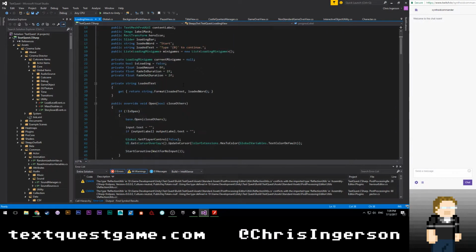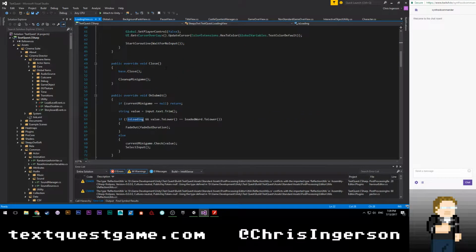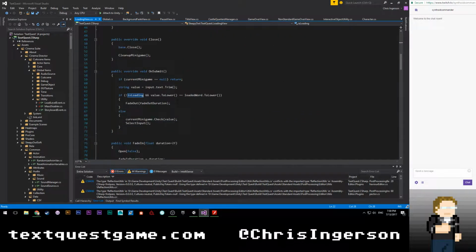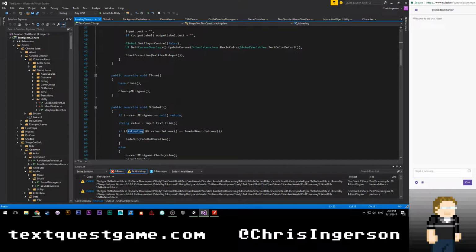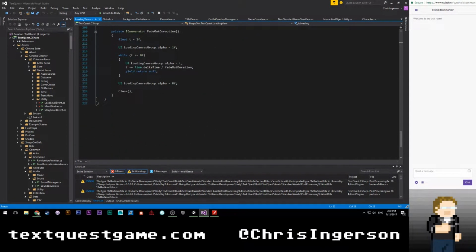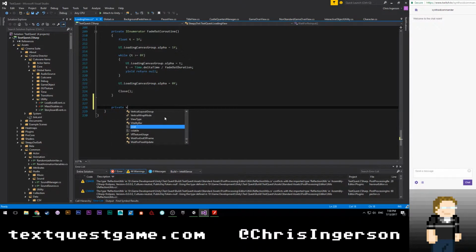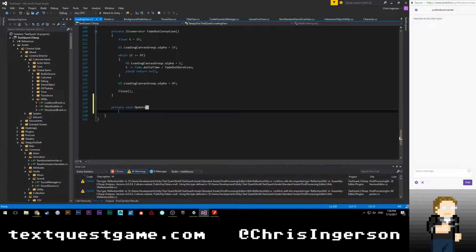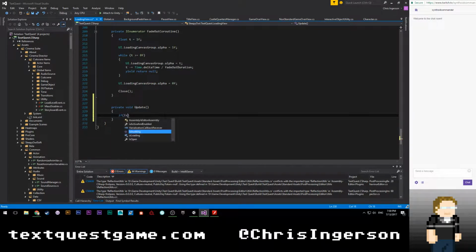So this is our loading view. Do I have is loading? No, that's not what I want. Let's go to close, clean up minigame, on submit. Alright, we're just going to come down here and say private void Update, if is open.